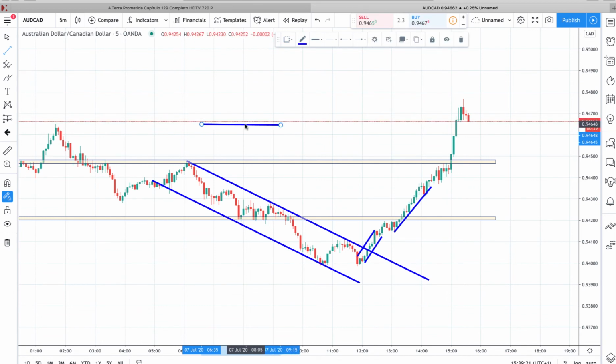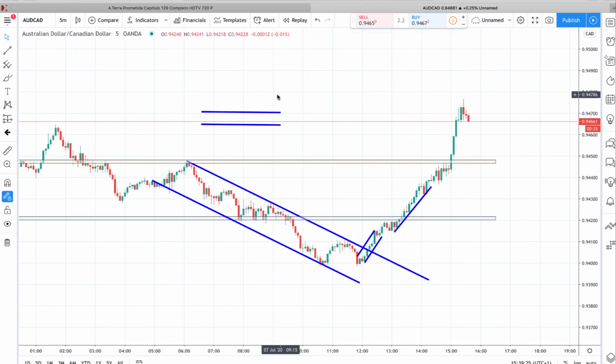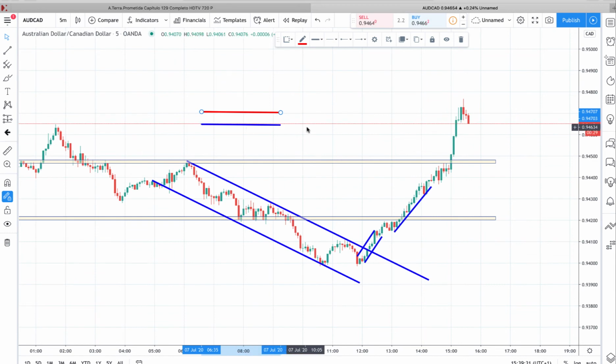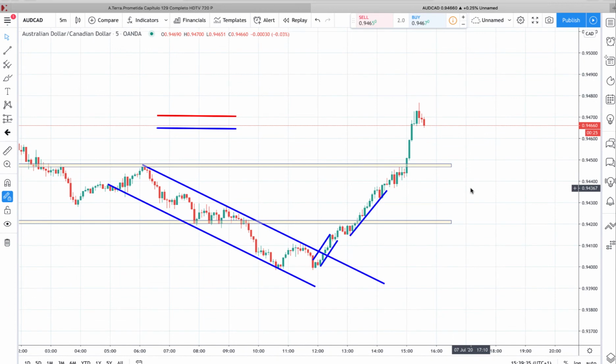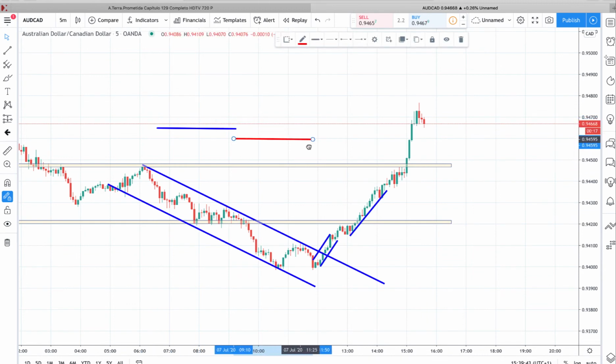Did you hold your position, Ricardo? Did you have a target on this? Yeah, but I keep moving up, because actually I was... Can you see the support line here? Yeah, this one. When it broke the downtrend and started going up,